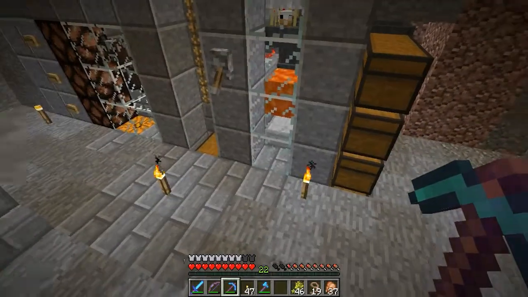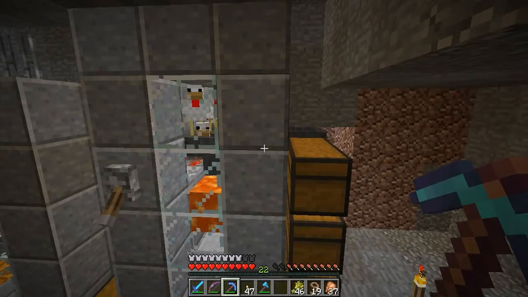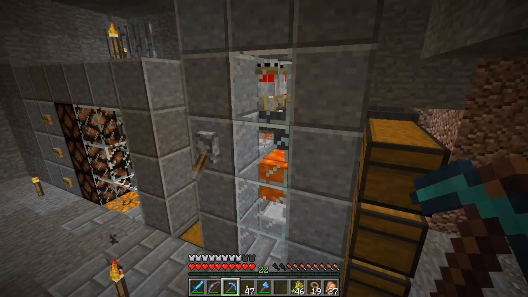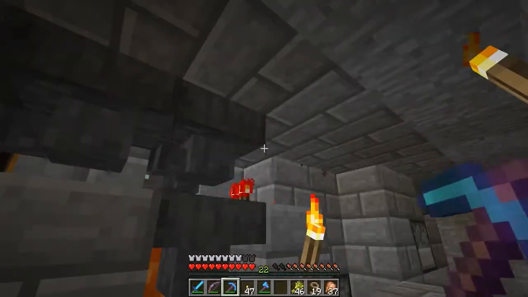You can see that not only does it go over there, but I've also got these chests here. And the way this works is when this switch is flipped, I've got a repeater, which you can just barely see right back there, and some redstone. That turns off